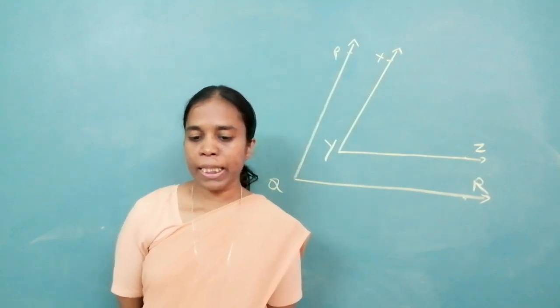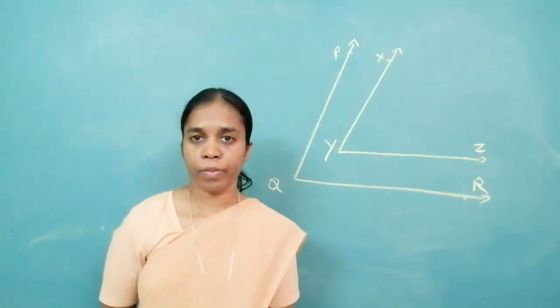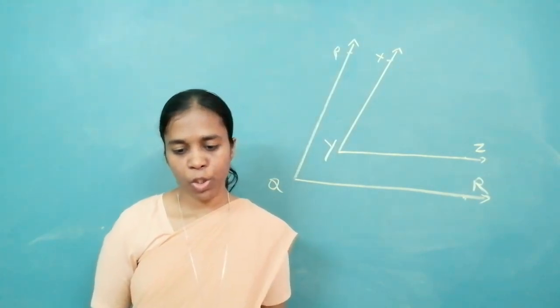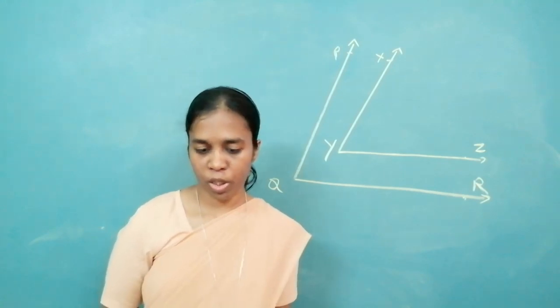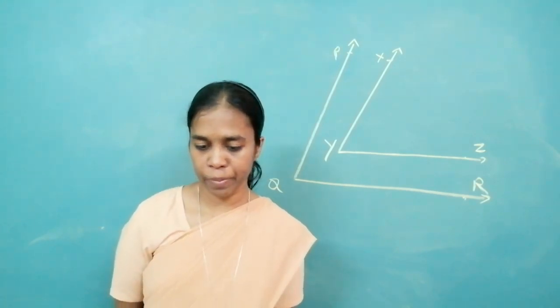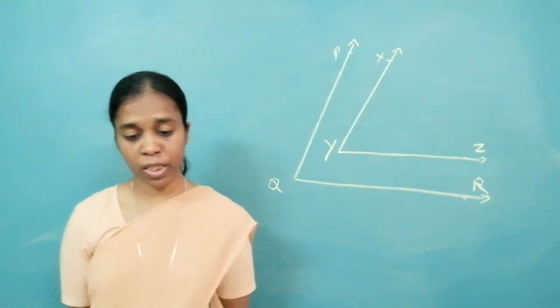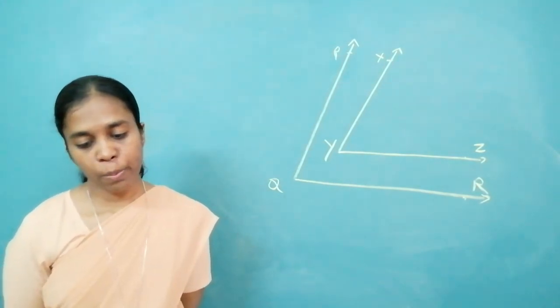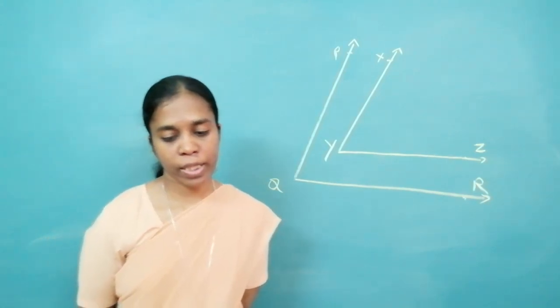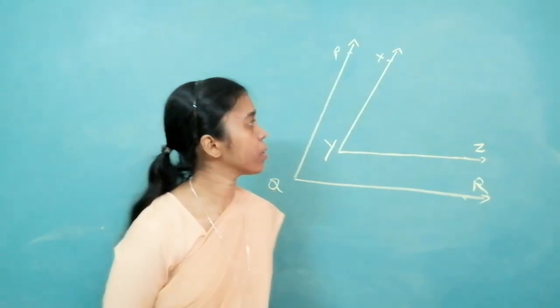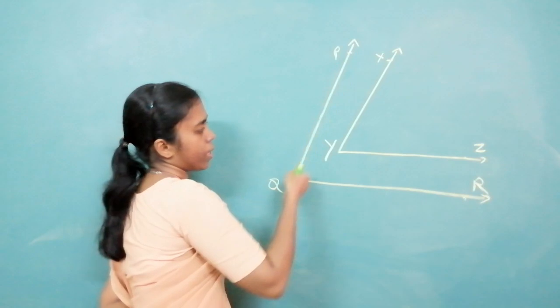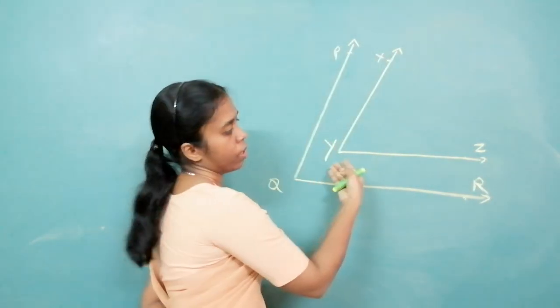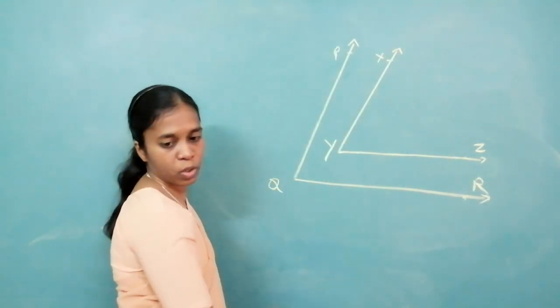We go for practice set 2.1. We have done question number 1, 2, 3. We will go for question number 4. Look at the diagram. I draw the diagram on the board. What is given to us? Sides of angle PQR and angle XYZ are parallel. Sides are parallel. That means this side is parallel to this. This is parallel to this. It is told to you.